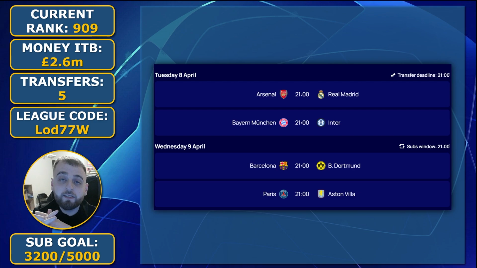Then we move to the second day, where we have Barcelona versus Dortmund and PSG versus Aston Villa. The bad thing here is that both fixtures are at home in the first day, so the captain here is going to be split, because I think from the first game it's Raphinha, the second is Dembele. If one of the players was at home and the other was away, it would have been clearer who it is there, but at the moment I really do believe that